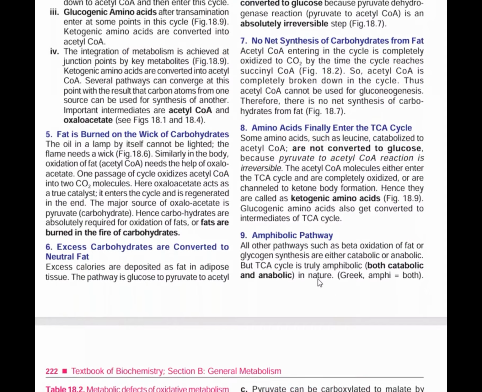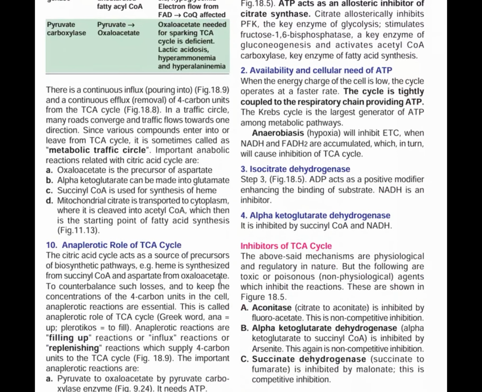Another important part is the anaplerotic reactions. What is the meaning of anaplerotic? Actually, the citric acid cycle acts as the source of precursors for many biosynthetic pathways. Like we already discussed, heme is synthesized from succinyl-CoA, and aspartate from oxaloacetate. To counterbalance such losses and to keep the concentration of the 4 carbon units in the cell, anaplerotic reactions are essential. The Greek word ana means up, and plerotic means to fill. So these anaplerotic reactions mean filling up, or replenishing reactions, which supply 4 carbon units